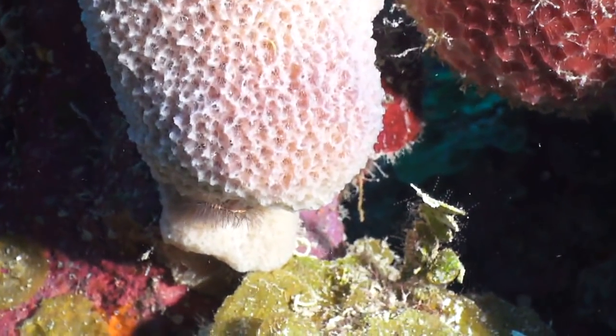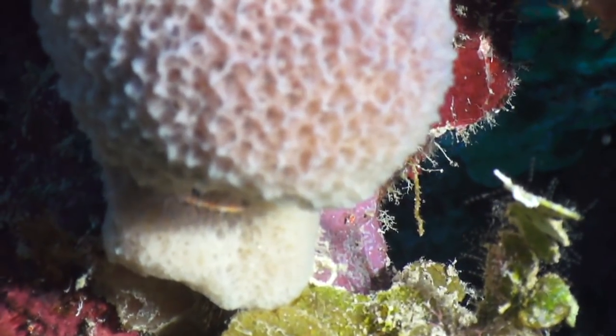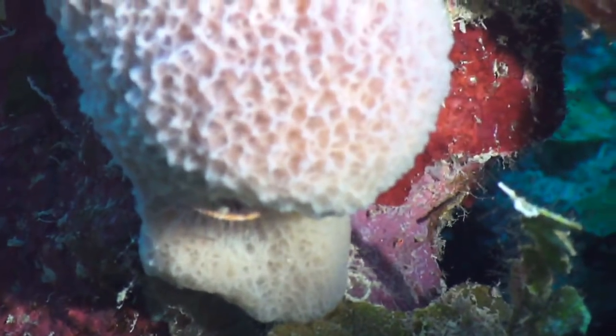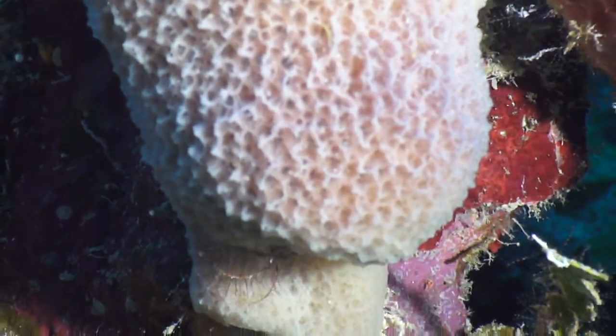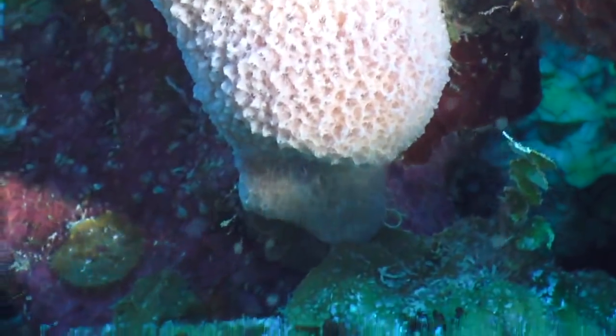So, brittle stars do quite often live in sponges. If you take a look inside, you'll sometimes see one or two. They are nocturnal creatures, so we do see them a lot more at night. It's a little bit out of focus. Oh yes, I can see that arm there. Yeah, so that is a brittle star that's related to a sea star, and they have the same sort of